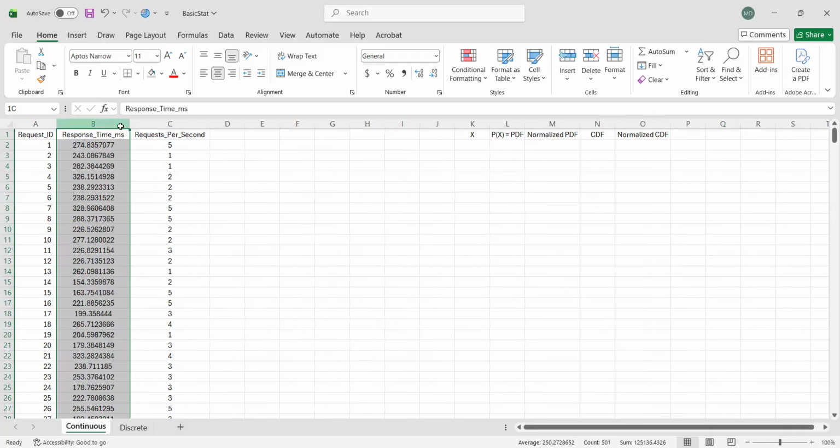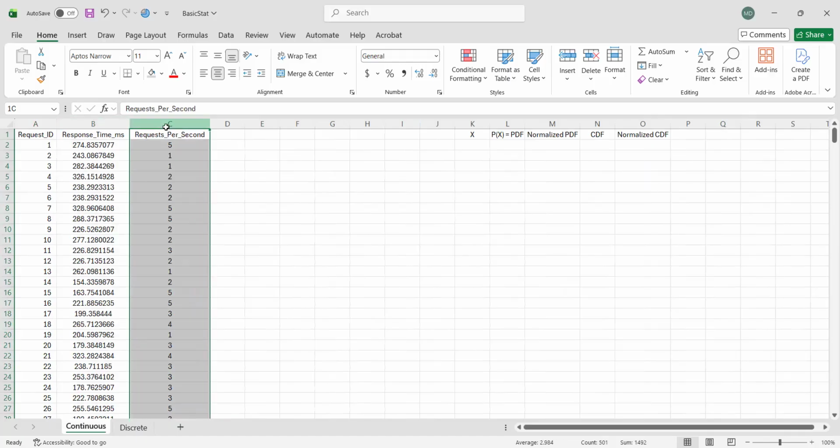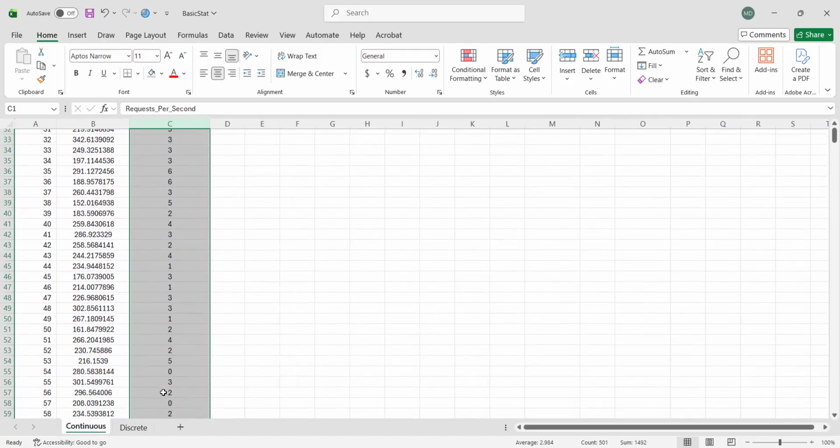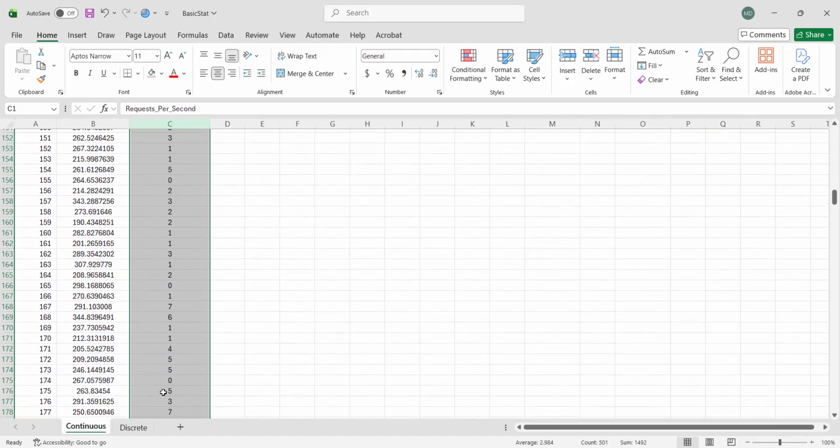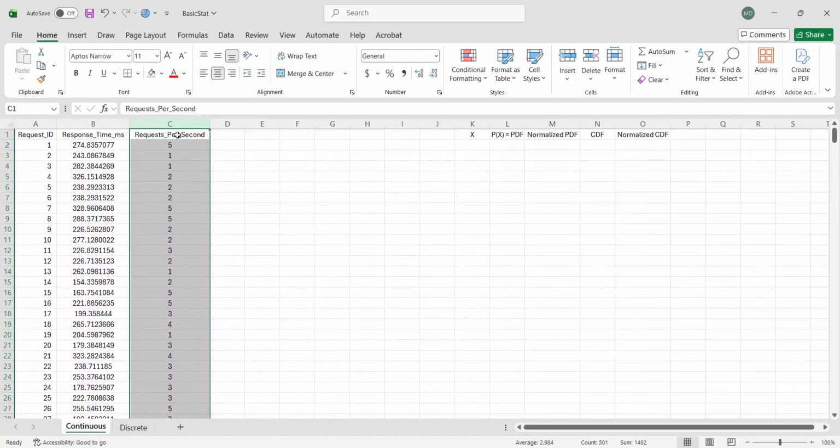So here we are concerned with two variables, two sets of values. One that is continuous and the other one is more on discrete. But this doesn't mean that it is ordinal, because this is requests per second, meaning we are counting. So this is considered numerical, not ordinal.